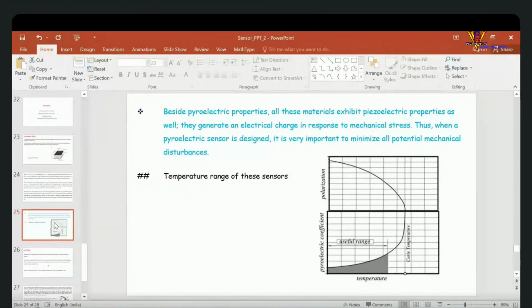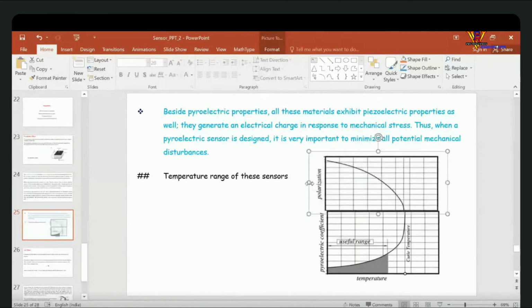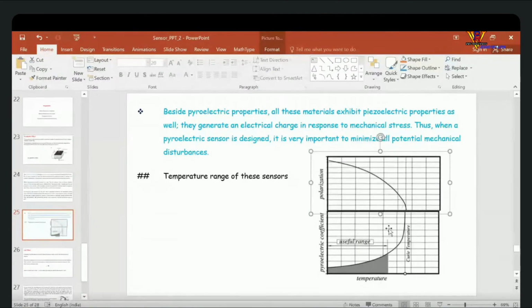Now my question is, can we discuss something about the range of temperature that can be sensed with such types of materials? Here I have shown this with the help of two figures. Although these two figures are on the same graph, the temperature variation line will be exactly the same. These two must meet at the same point. Now, polarization: the x-axis represents the temperature variation.